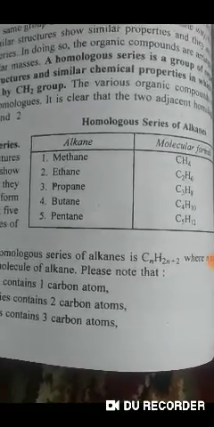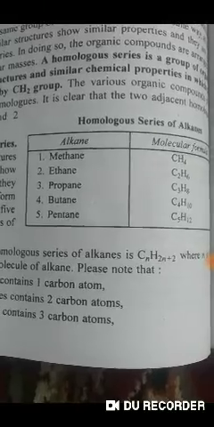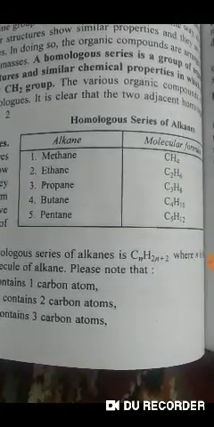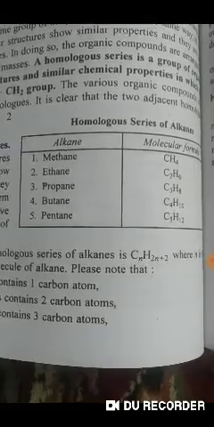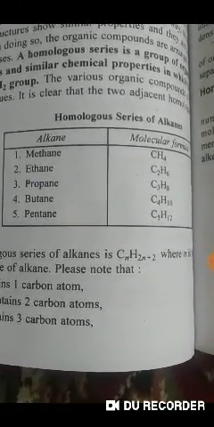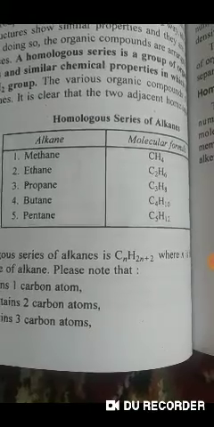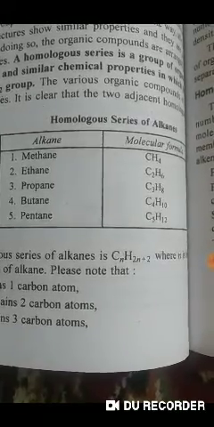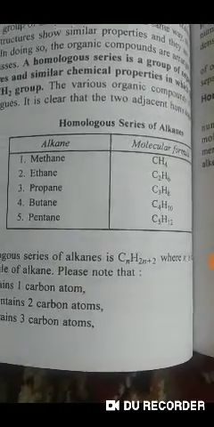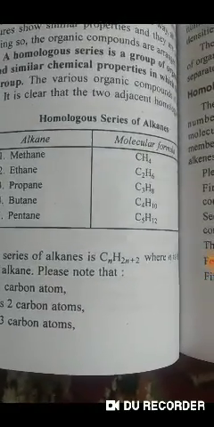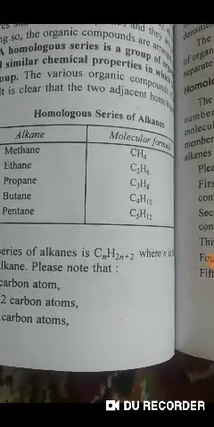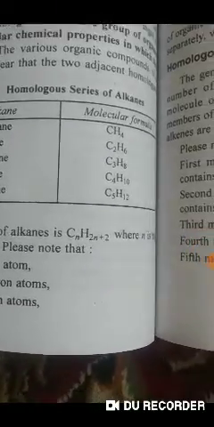Now, the homologous series having general formula CnH2n, that is the homologous series of alkenes. The general formula of this alkene series is CnH2n, where n is the number of carbon atoms in 1 mole of an alkene. The first 5 members of this alkene series are